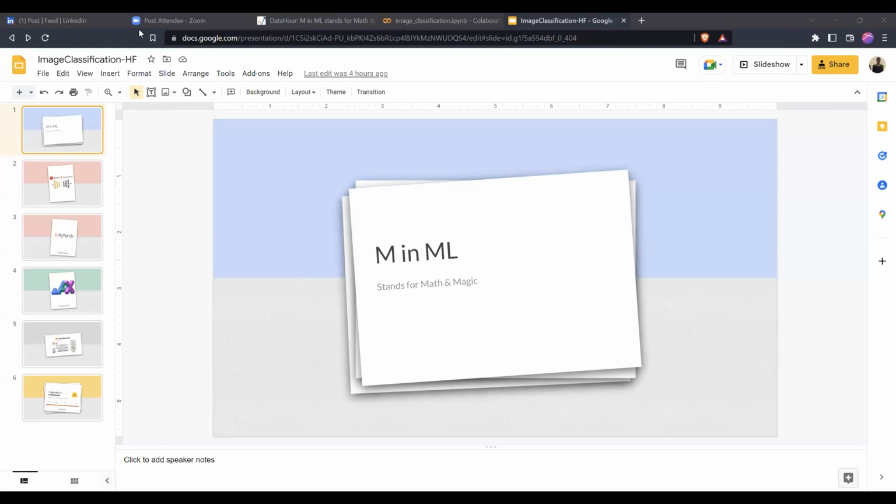Hello, am I audible now? I have 1 Mbps with me right now.